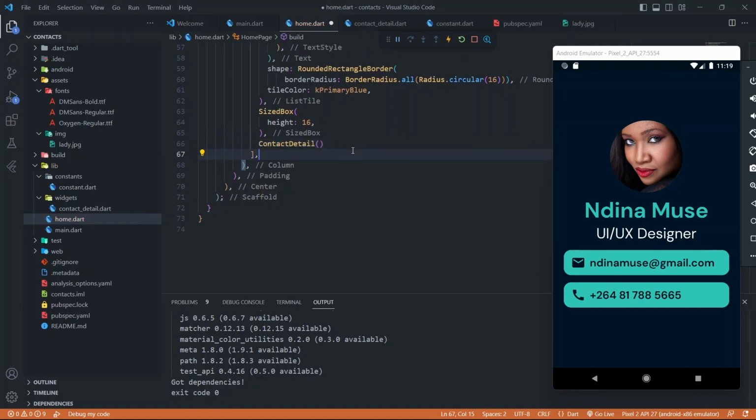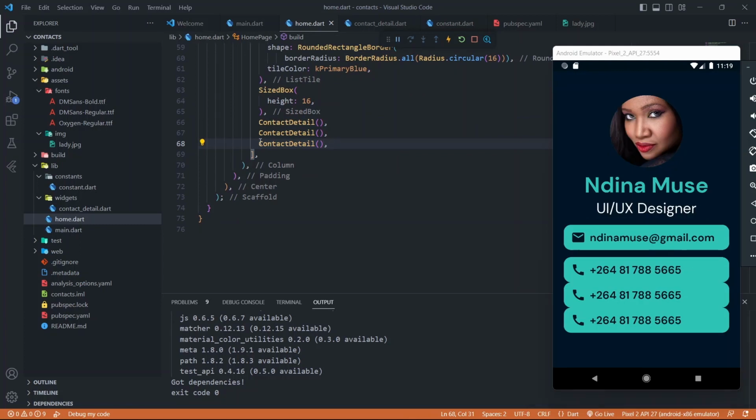So now what we have done is created a reusable widget which we can reuse elsewhere in the application. So if you copy and paste this multiple times, you'll find that it creates that exact widget multiple times. So that's how you also create custom widgets. That's just a bonus round. But let's take it further,